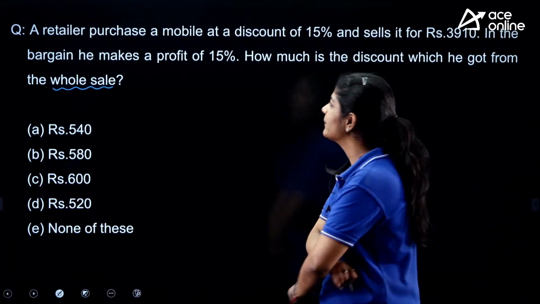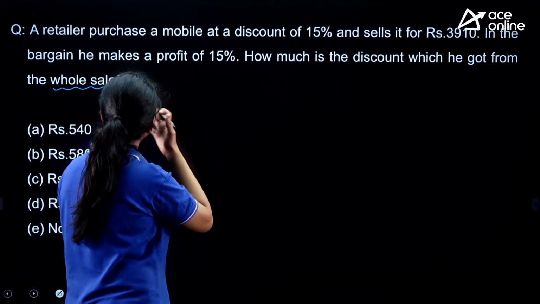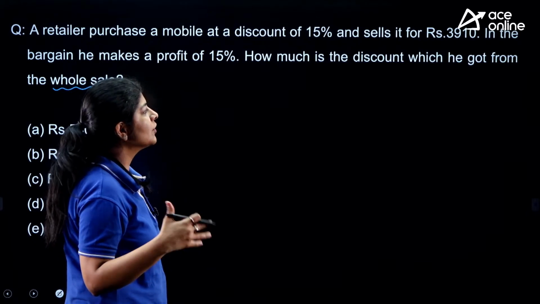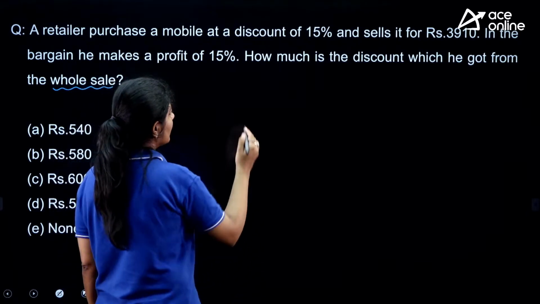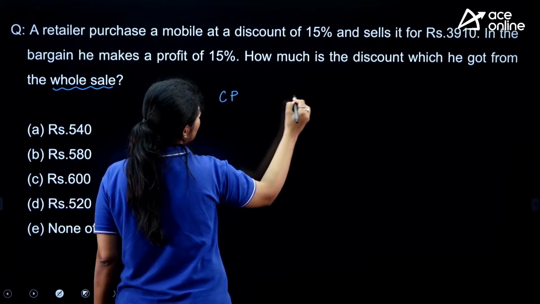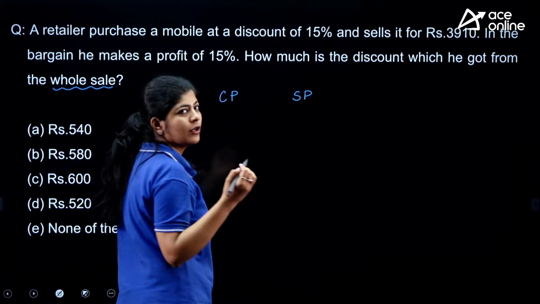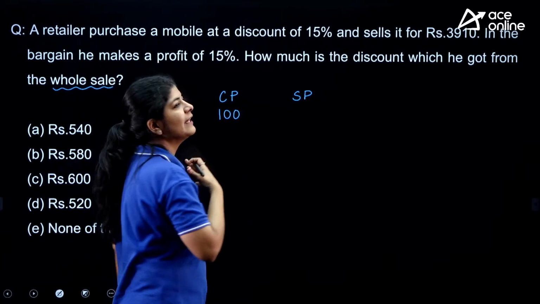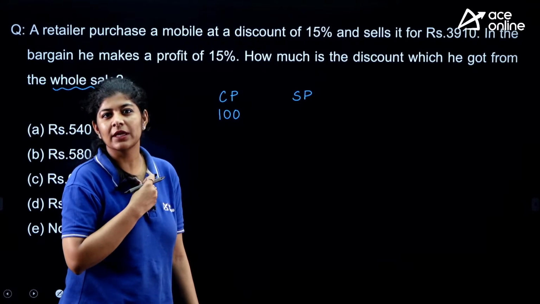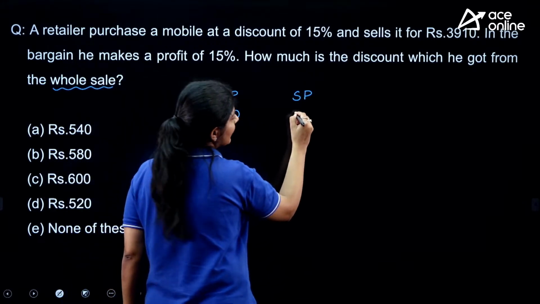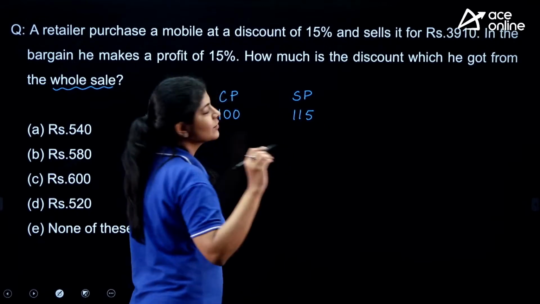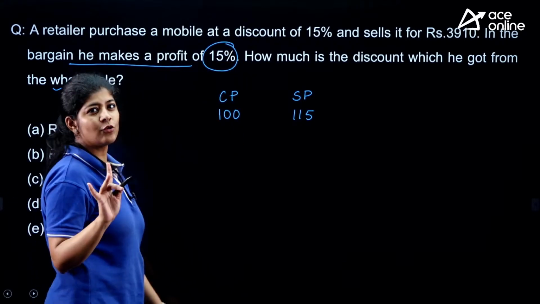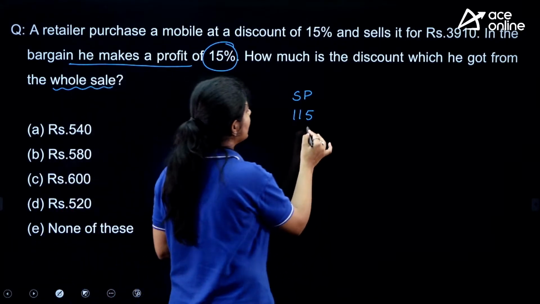It's a very simple one. The question is saying that a retailer purchases a mobile at a discount of 15% and it sells for rupees 3910. That means he is getting a profit of 15%. Let's suppose the cost price initially, if I purchase something for 100 rupees, I am selling it for 115 rupees so that I can make a profit of 15%. But the question is saying that I am selling it for rupees